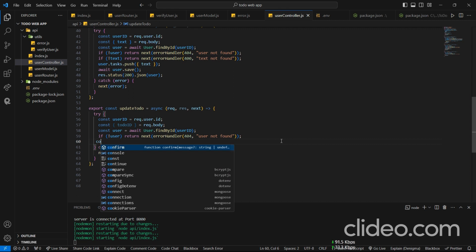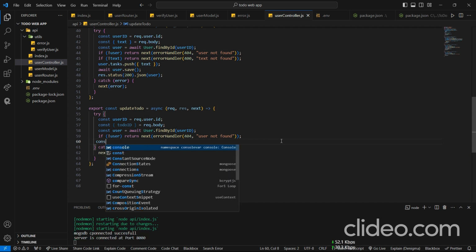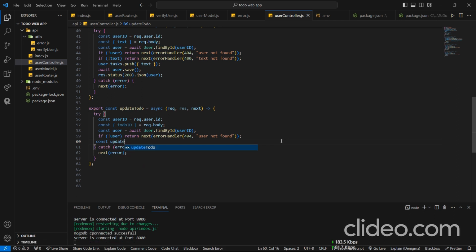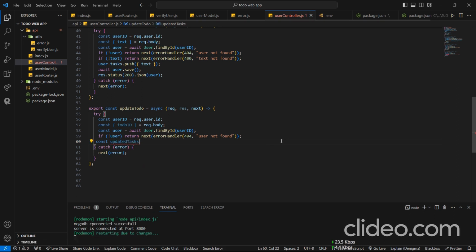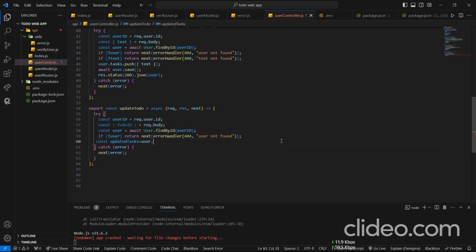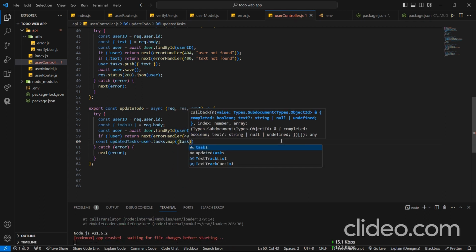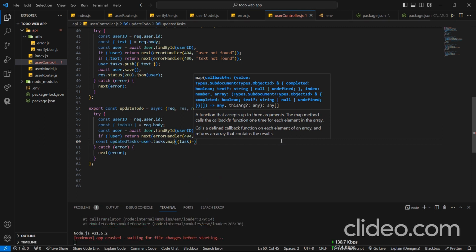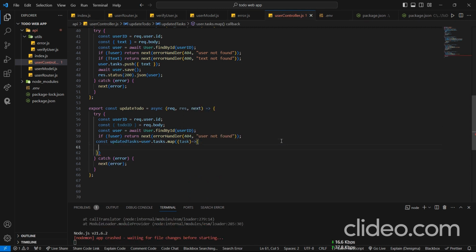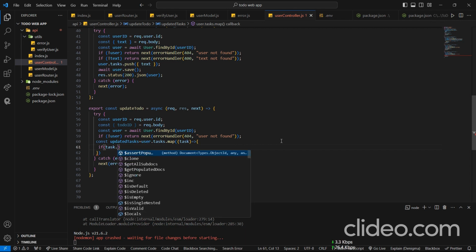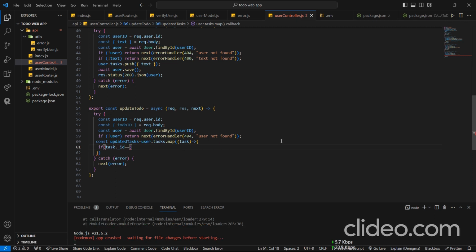So const updatedTask equal to user.tasks.map, let's say task, and if task.id is equal to todoId,